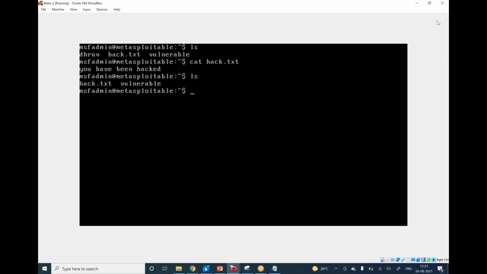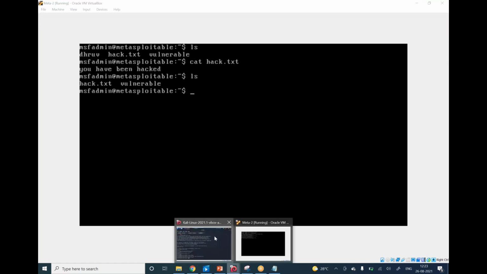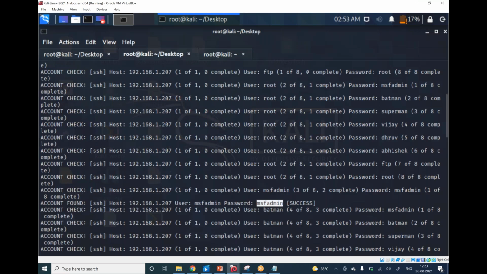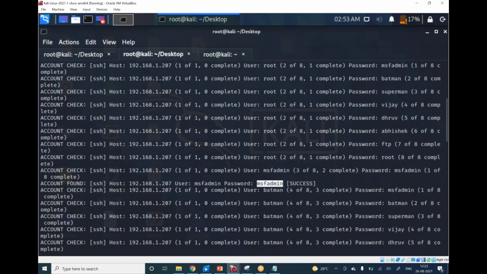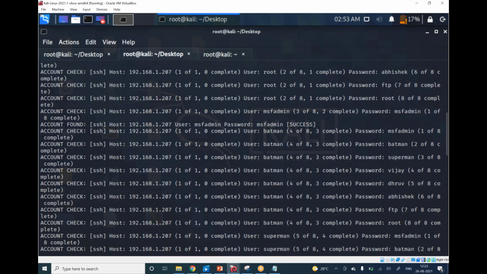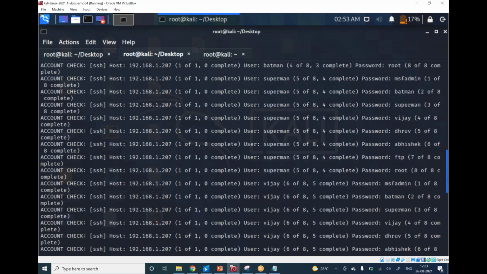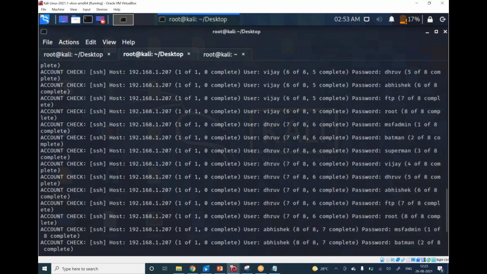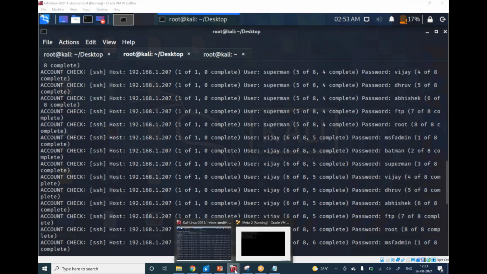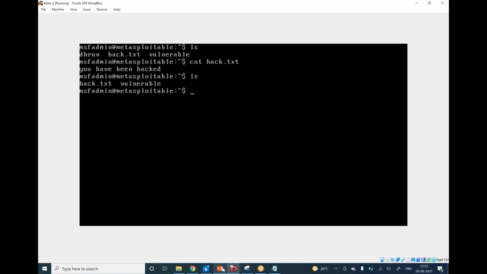So through SSH, you are also able to crack using the Medusa tool. Okay, and this will keep on running. Just put Control Z. They are done. So you could only find one password. So that is called Medusa.